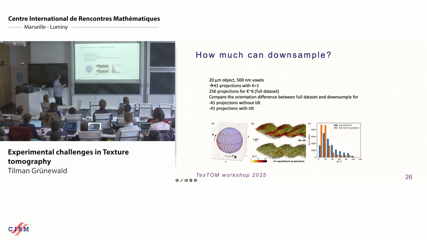What I mean by this, so here we have this famous helix that you're all going to reconstruct in the afternoon. It's about a 20 micron object. We had 500 nanometer voxels, so you want to have something like 40 projections. I know that this is kind of a very nice case. If we took a full data set, 256 projections, reconstructed that, and then we downsampled our data set, and it turns out that 41 projections, so here that's the orientation difference, 41 projections equally sampled over this orientation space gives you a very decent reconstruction,